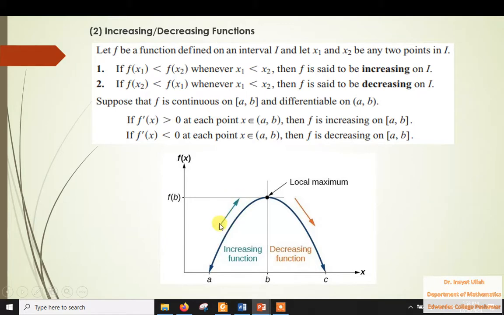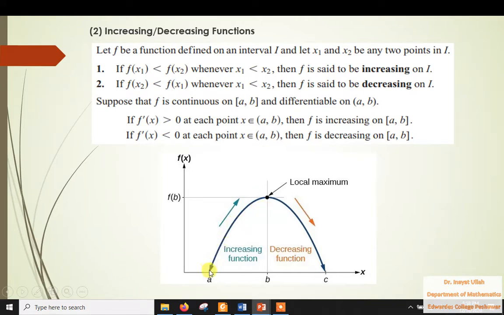Slope of this line is positive means the derivative of the function is positive. So if you take any point in this whole portion and draw a tangent line at that point, all those tangent lines make an acute angle less than 90 degrees with the x-axis, so the derivative of the function will be greater than 0,